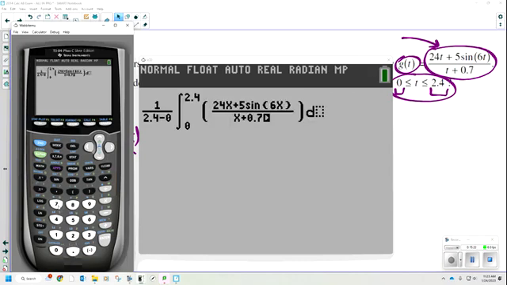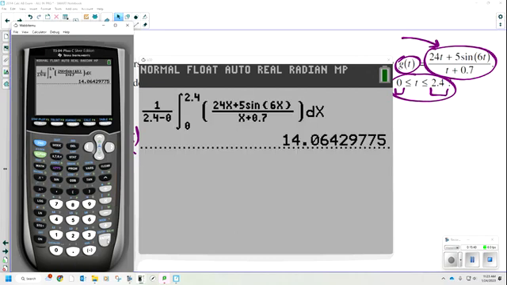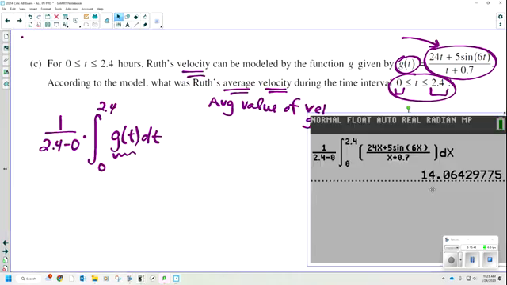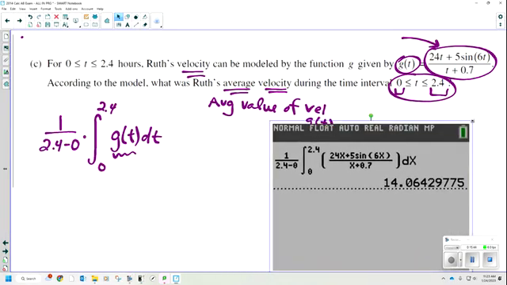Okay, let's make sure I wrote that correctly, because there's nothing worse than knowing what you're doing and you accidentally leave off a number because the calculator didn't type it in or you mishit a button. dx. That looks about right. Come on, and there we go. There we go. So if we did this right, and we did,